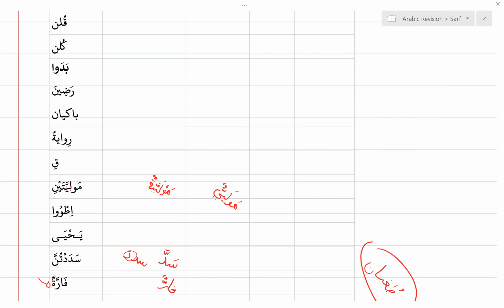Because there's an attachment here. There's a ya of ana, mawlayya. It's not actually mawlayyun, it's mawlayya. So there's a ya that is attached here. So we have to get rid of one ya. So it's going to be mawla, but because it's ending with a ya, it's going to be an alif maqsura. So now we end up with mawla as the huwa version.